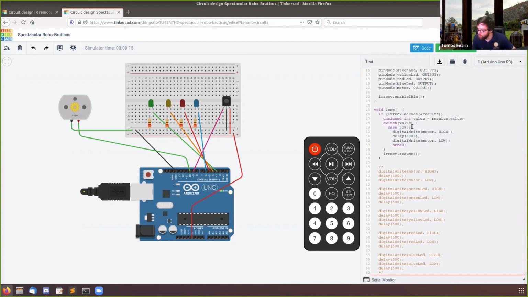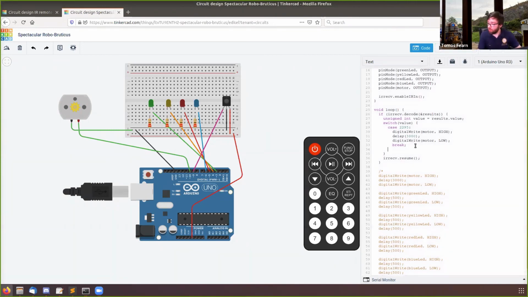Okay, so now that we've got the fiddly bit out of the way, we can add more of these case statements that we have here. This is quite a simple thing to do because we have a lot of the code already made for us that we wrote earlier. Our first button was enabling the motor. So under that break, if I stop the simulation first, we'll add in another case, and I'll copy and paste the value from button 2 off the web page,